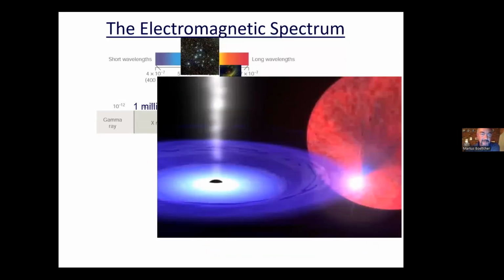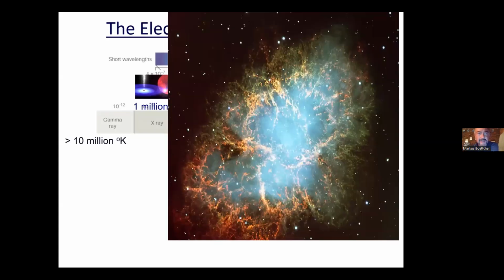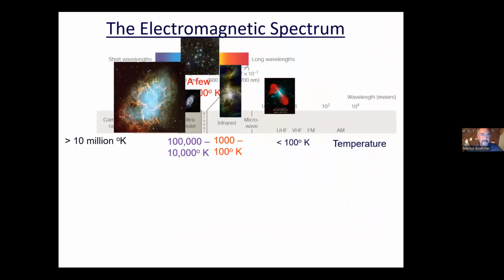We go to even higher energies at X-rays. We're probing things that are millions of degrees hot. That's often related to accretion of material onto a compact object like a neutron star or a black hole. At even higher energies, the temperature concept actually no longer makes sense. Typically, we're probing things that are not really represented by temperature, but if it were, it would be probing things more than 10 billion degrees hot.